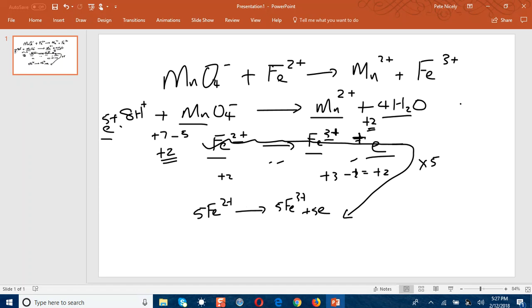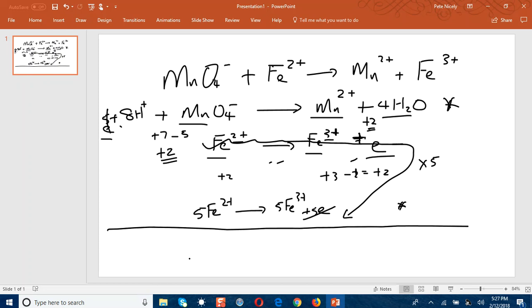I'd add this equation here and this equation here, and the only thing that is going to cancel out between them would be the 5 electrons here and the 5 electrons here. So I simply will write down what is left, which would be 8 hydrogen ions plus MnO4 minus